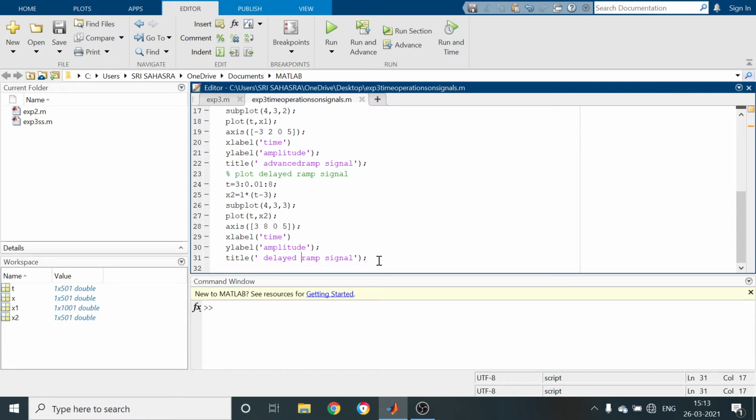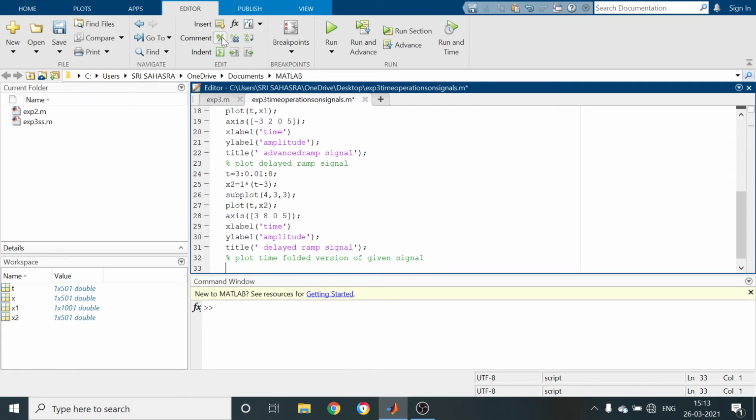Next, plot time folding operations. We have to plot time folded version of given signal. So here already we gave.